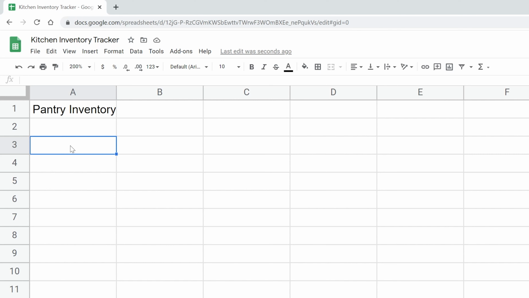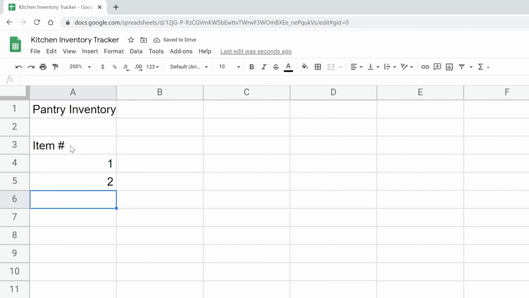And our first column is just going to be item number. It's going to give us a little count of the number of items. Let's type that in again. It just puts this value in the cell, hit enter, and then you're done there. And this is just going to be numbers in a sequence, right? So item number 1, item number 2.